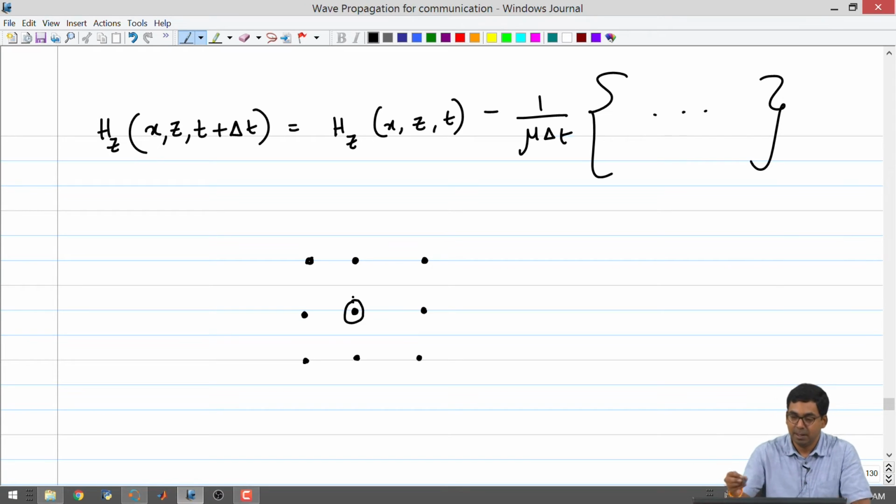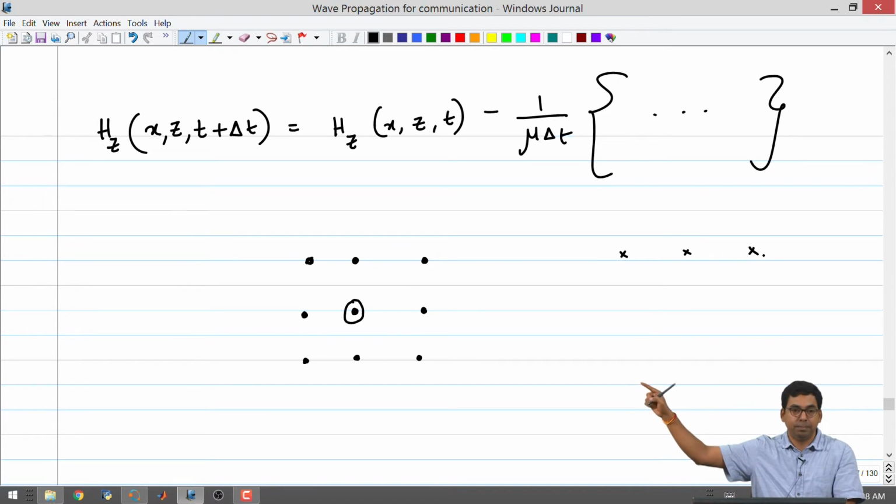So, here our velocity is equal to 1, all right. So, it should go one grid point, right, in one time step. Previously in the case, whatever we have done before in the case of transmission lines or in the case of 1D propagation, the grid points were along a line. Okay.